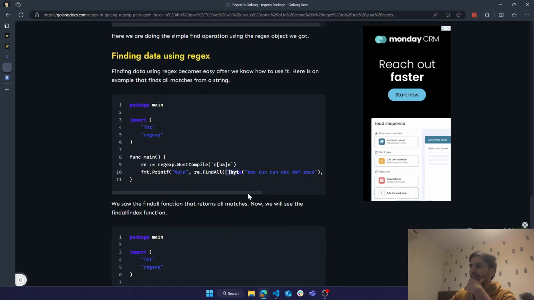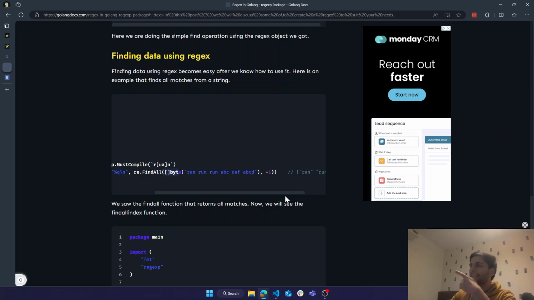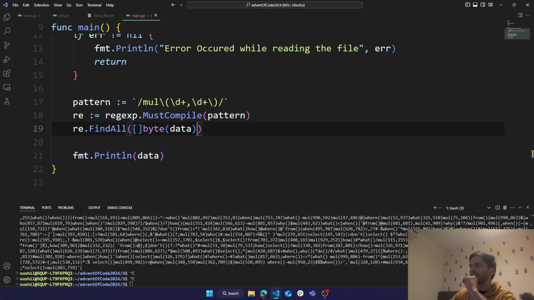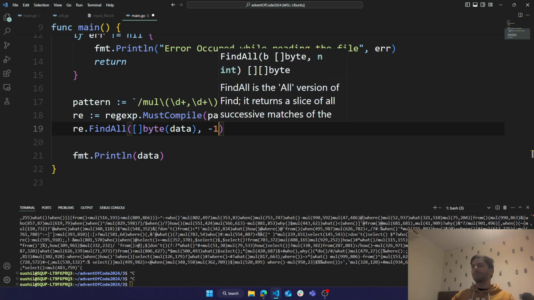It's the integer that starts with minus one. Yeah, I think if we do minus one, it's the whole string instead of just the first one, if I'm going to guess.